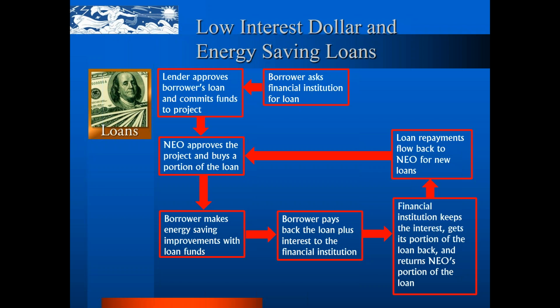When the borrower pays back that loan, the financial institution keeps the interest, and we share in that principal on a pro rata basis. And the loan payments go back to fund new loans in our revolving loan process. So that's really